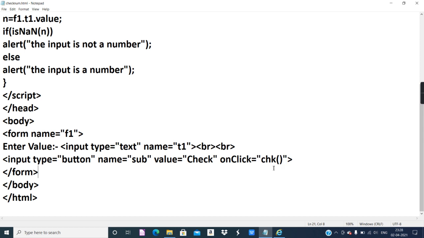Now you will say, why quotes? Because chk is going to be a value. Now see, the values we have enclosed in double quotes. So double quotes are important, more so when the value is a combination of alphabets and special characters.